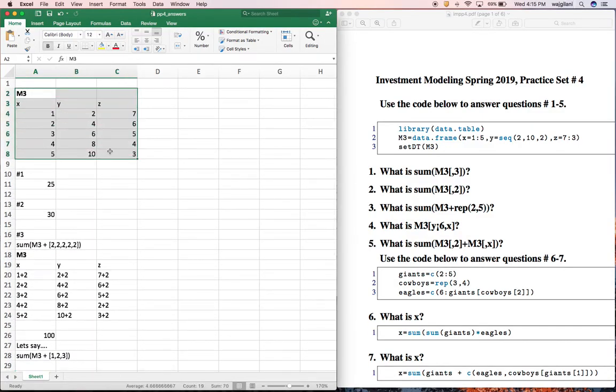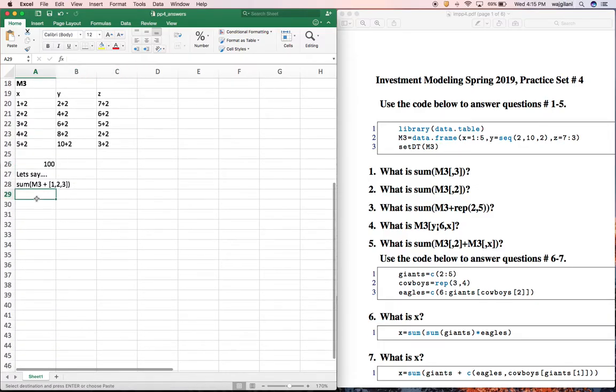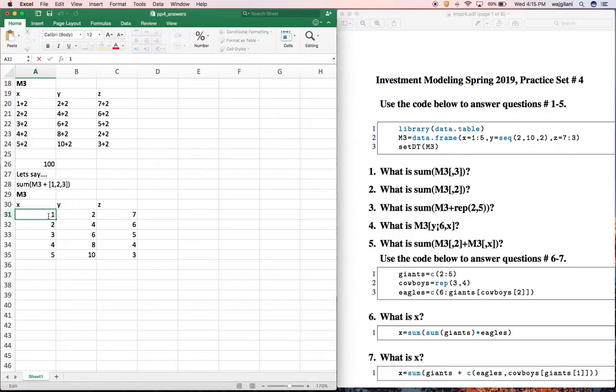So let me copy this. This is what ends up happening. All right. It works the same way. +1, +2, again, going down the column, +3. Okay, now what happens? We're out of numbers. What's R going to do, guys, when you're out of numbers? Repeat it. 1 +1